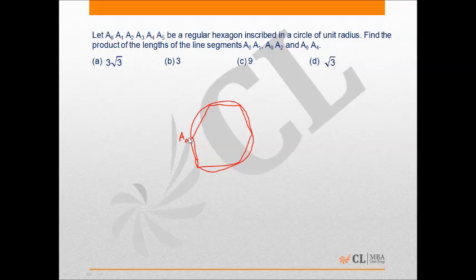So suppose this is A0, this will be A1, A2, A3, A4, A5. As in the case of a regular hexagon, all sides are of the same length, which means